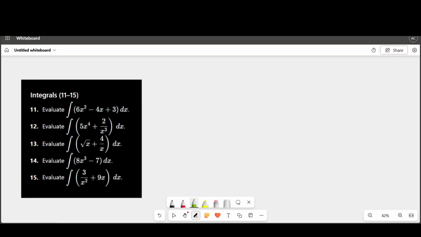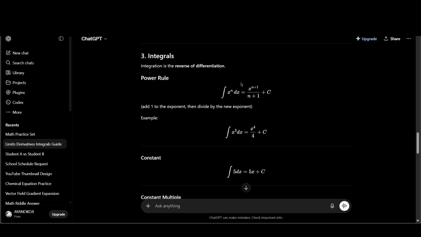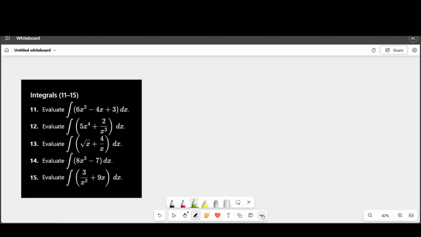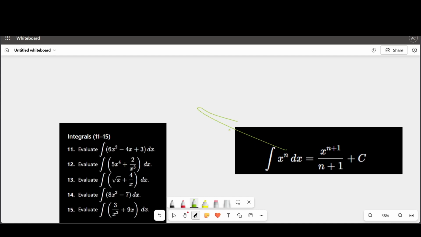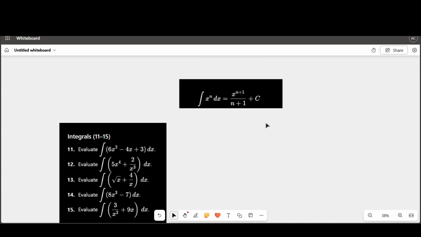Let's just copy this. I'm just going to copy the power rule of integrals because it's very important for us in order to understand how to solve this. Okay, so let's just put the power rule there. So the first question, that is